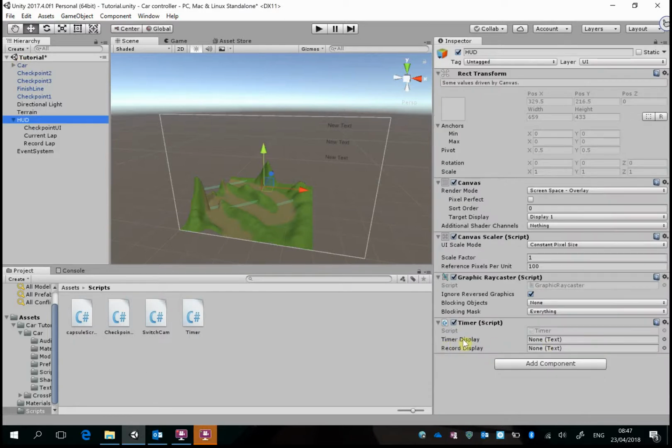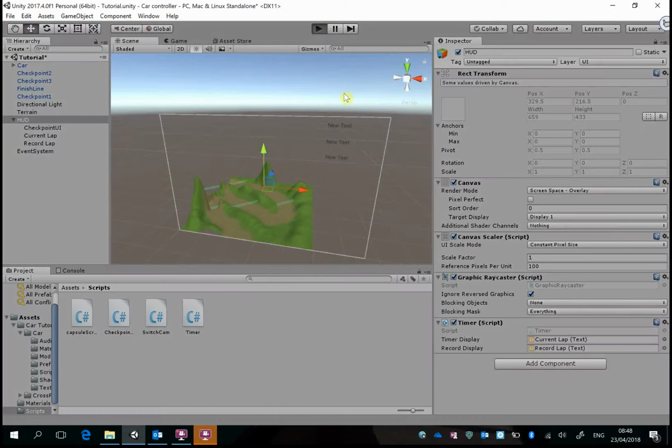And you'll see it's got timer display and record display. So the script is outputting a text variable for us to display on the screen. So let's put current lap in there and record lap in there. And now when I press play,